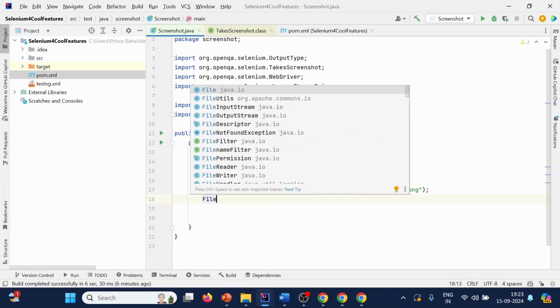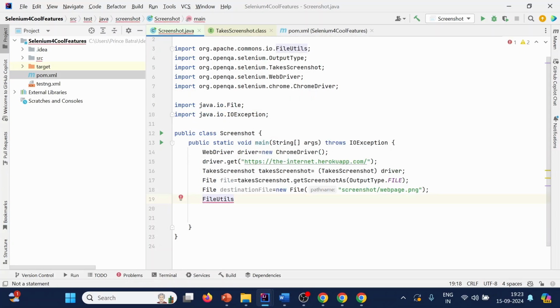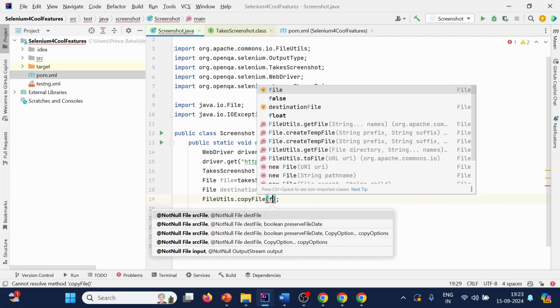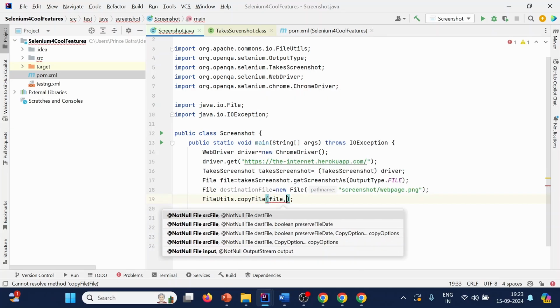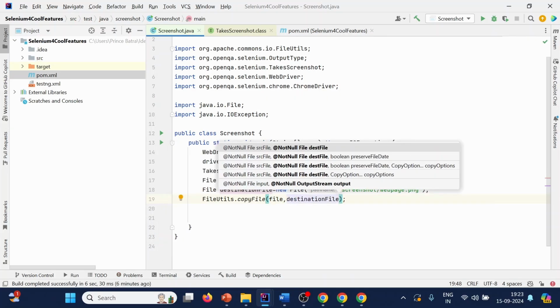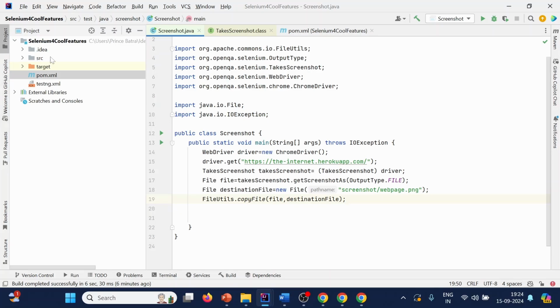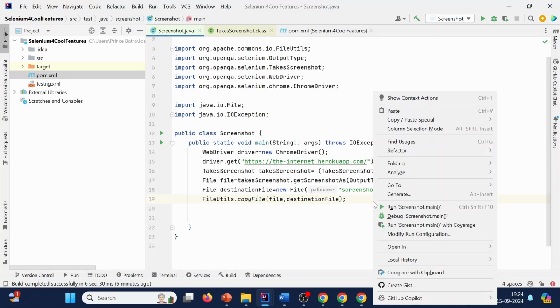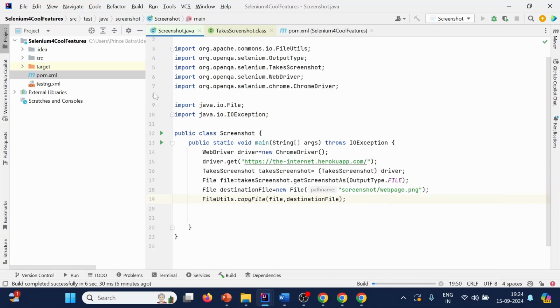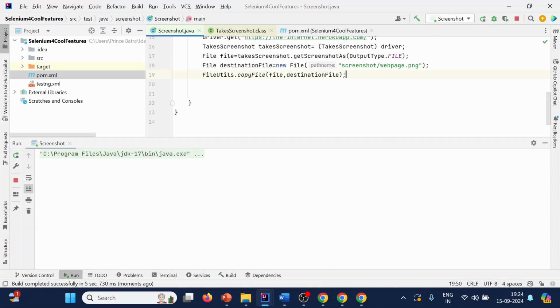So for that purpose, we'll be using FileUtils from org.apache.commons.io. We'll be using copyFile. In the first argument, we'll provide the source location, and in the second, we'll be providing the destination location, right? So far you will observe there is no screenshot folder and there is no screenshot, right? So when we run this particular program, it will create one screenshot folder, and inside that it will create this webpage.png, and it will capture the entire webpage